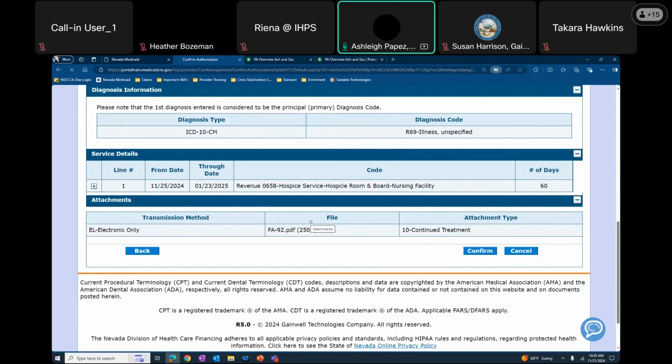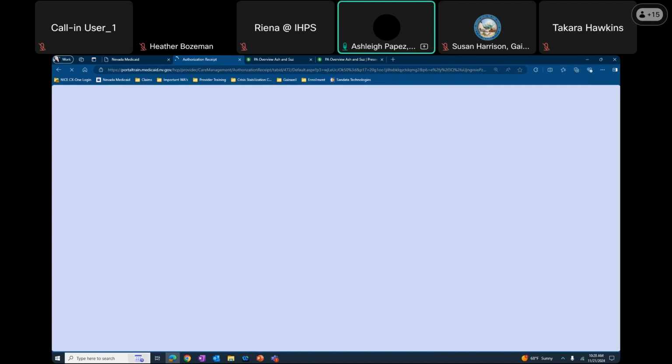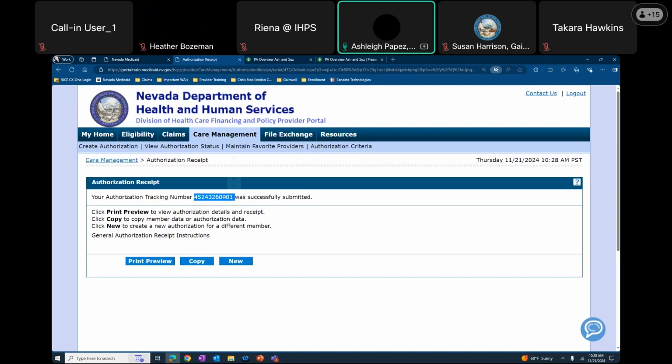And then we will immediately get our authorization tracking number, and it's in a pending and process status. And here it is. I'm going to copy it just to have it, but if for any reason you weren't able to upload all of your documentation, we can fix that right now. So we'll go into care management, view auth status,